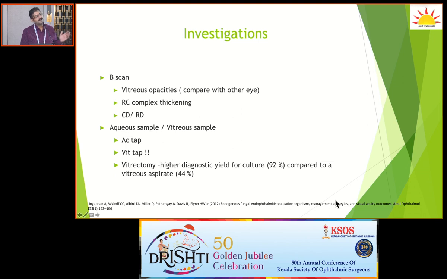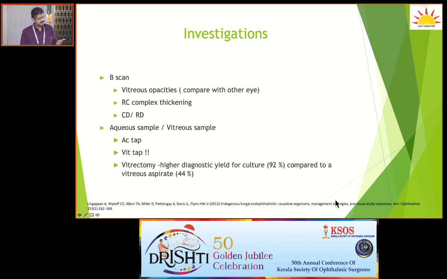Because you have the other eye as a reference, look at the vitreous opacities. If you see more vitreous opacities in the affected eye compared to the other eye, take it as endophthalmitis. You will see a retinochoroidal complex thickening, and also look for choroidal detachment and retinal detachment, because it helps us to plan our management. Then once you suspect endophthalmitis, the treatment is you have to take an AC tap, or